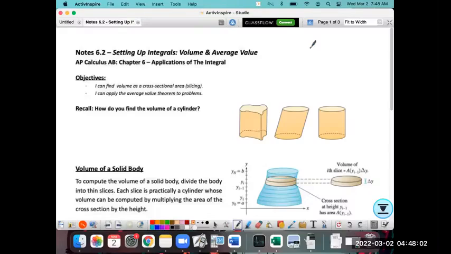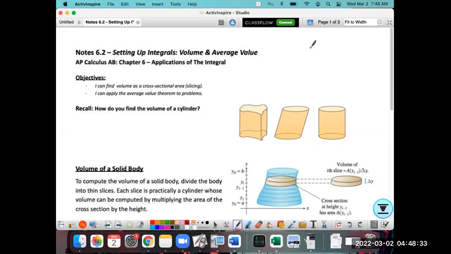Back in the previous lesson, we were talking about how to find the area, whether that was area underneath a function, area caught between two functions, area that's enclosed between multiple functions, or even area that is bounded by functions that are dependent on y. So the reason that that was important is because when we are finding volume of any, well, I guess I